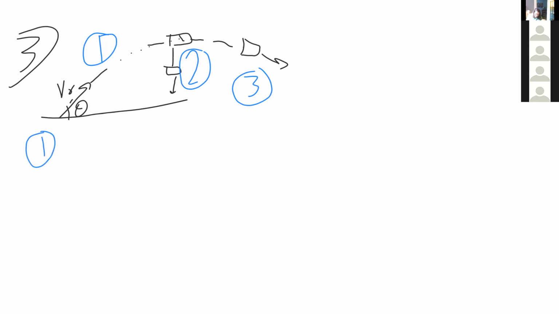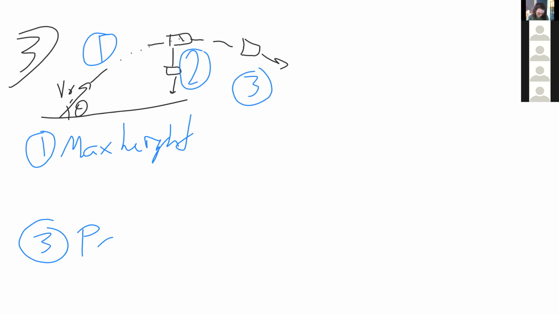For part 1, that's going to be max height. Remember, we can do kinematics to find max height. We also last week learned how to do conservation of energy to find max height. And problem 3 is just a projectile motion problem to find our delta x, right? Now, what you will actually be solving for when you find the maximum height will tell you the initial y position of the projectile motion. The new part that you need to do,